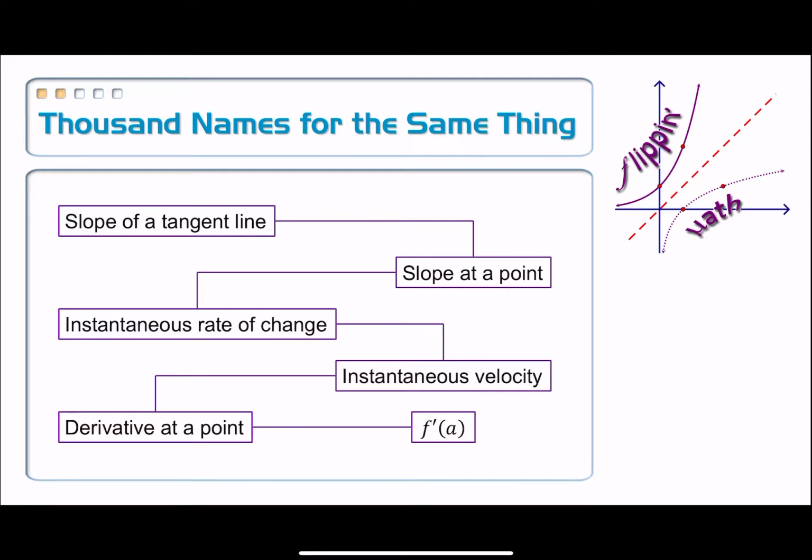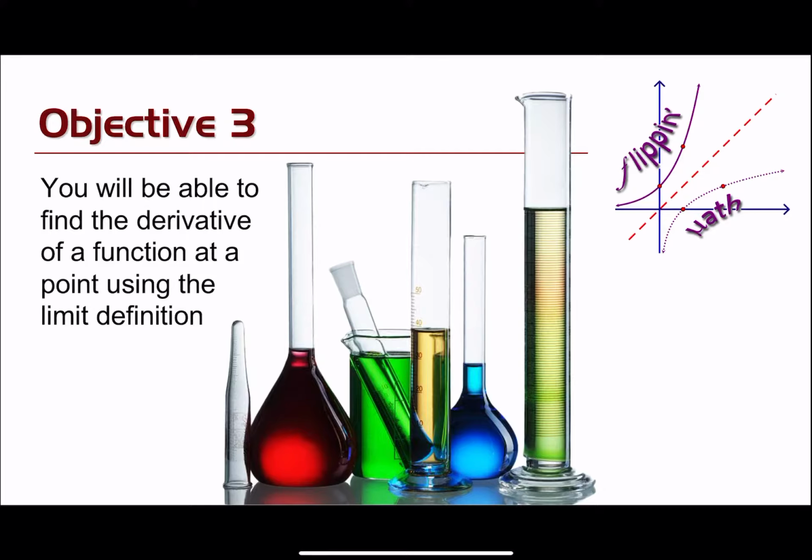When we mentioned that there were thousands of names for the same thing in calculus, the slope of a tangent line, slope at a point, instantaneous rate of change, instantaneous velocity, we introduced a new term, and that was derivative, specifically derivative at a point, and we also introduced the notation for it. And that's what our third objective is all about, being able to find the derivative of a function at a point using the limit definition. And you're going to see that it's basically the same thing that we've been doing whenever we're finding the slope